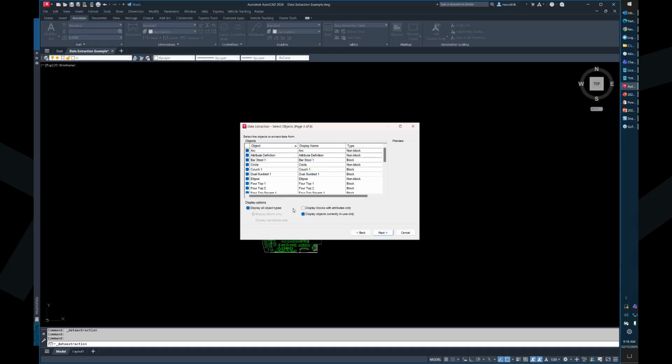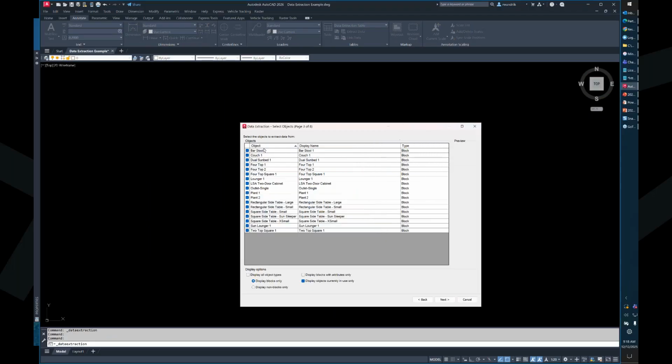So I'm going to do some filtering here. I want to display just blocks, and I'm going to display the blocks that are in use. And you're going to see here is all of the blocks I have in here. So I have a bar stool, a couch, sunbed, a 4-top 1, a 4-top 2, a 4-top square, lounger, LSA, this is life-saving appliance, this is a 2-door cabinet, single outlet. That's a dynamic block that has some visibility states. I've got plants, things like that. So when I go to next,